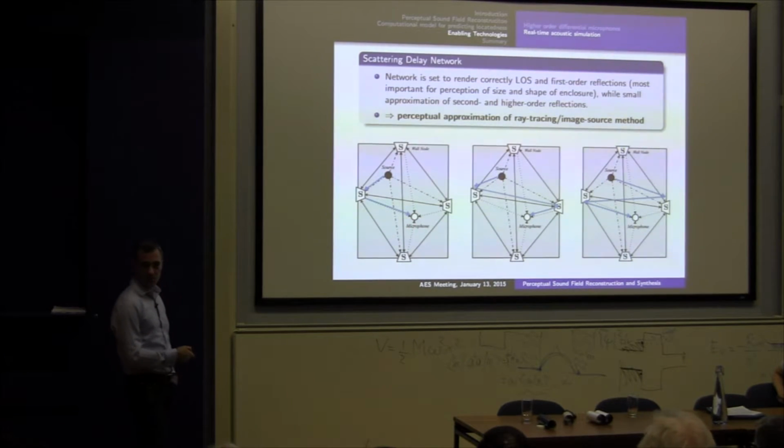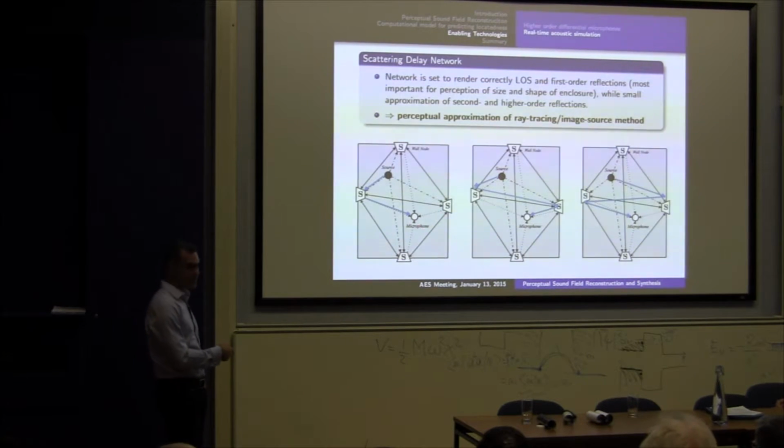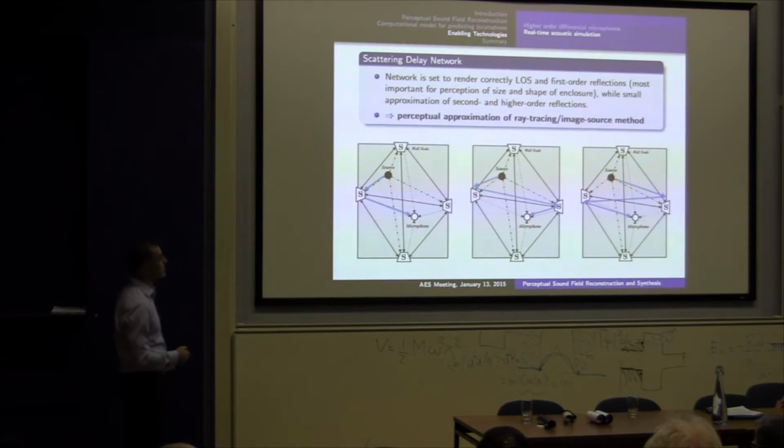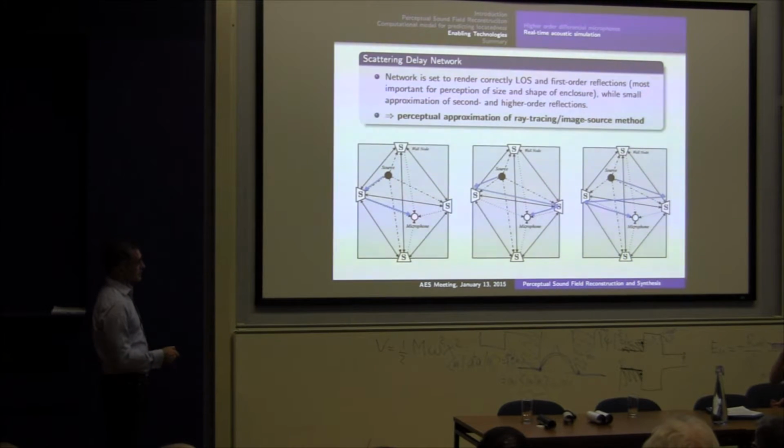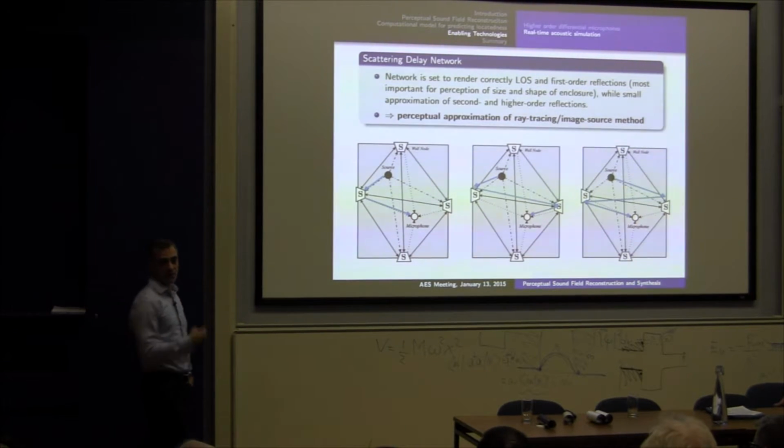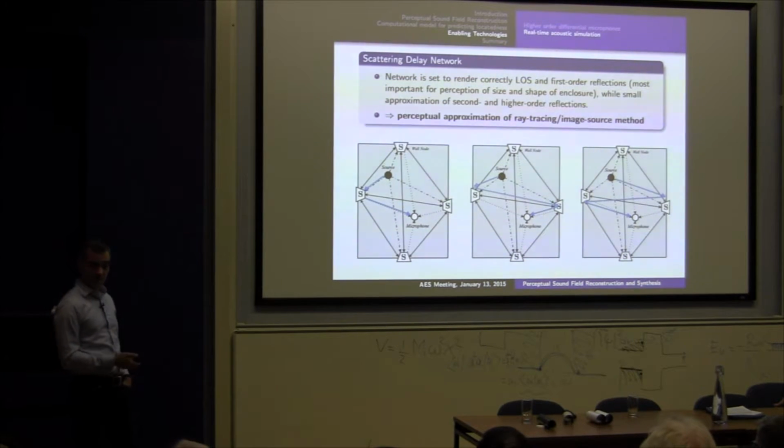We said that in order to do this stereophonic recording or perceptual sound field reconstruction, we would have 5 or 6 microphones, as many as we have channels, but let us focus just on one microphone. So we know that first we have this line of sight direct wavefront that comes to the microphone, but then we have first order reflections, then second order reflections, etc. And one method which is working well for getting all these reflections correctly is the image source method, but that actually takes quite a bit of time to calculate.